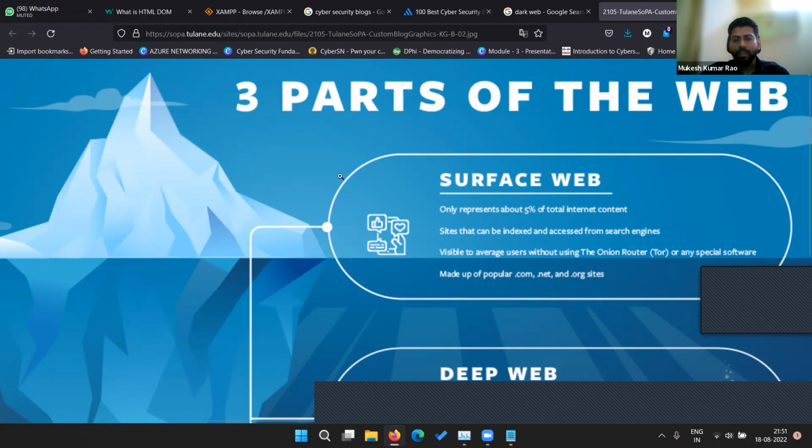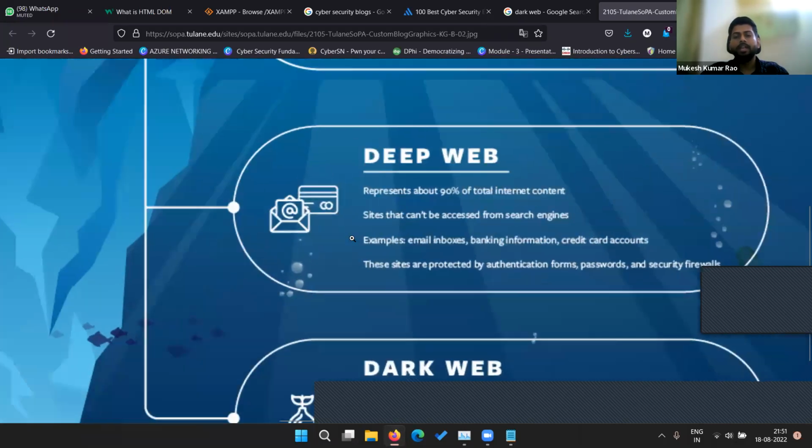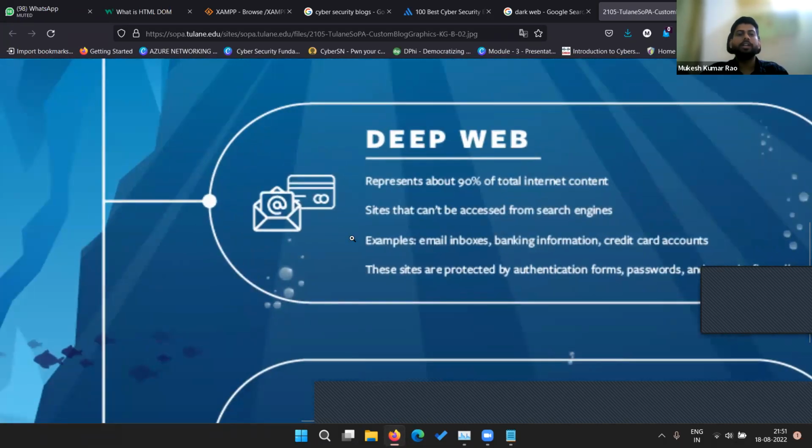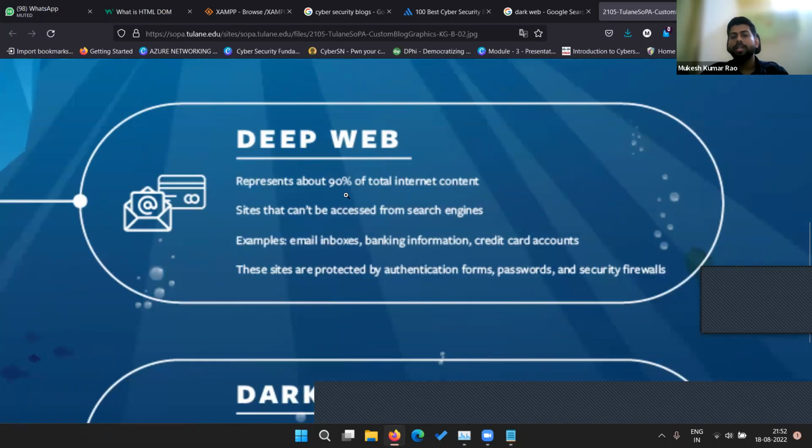And then we come to the deep web. The deep web is something which is available on the internet, but it is the backend part of search engines, where this information is hidden, or where we are dumping some database from the website. That becomes a part of the deep web because it is available on the internet, but we don't have the permission to see it on a normal browser, or maybe it is blocked by firewalls. So that is what we call the deep web.